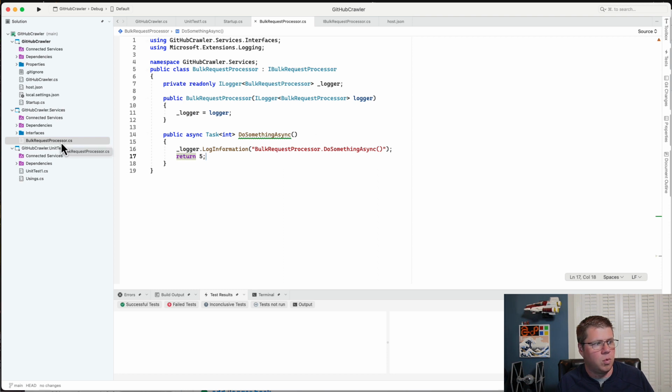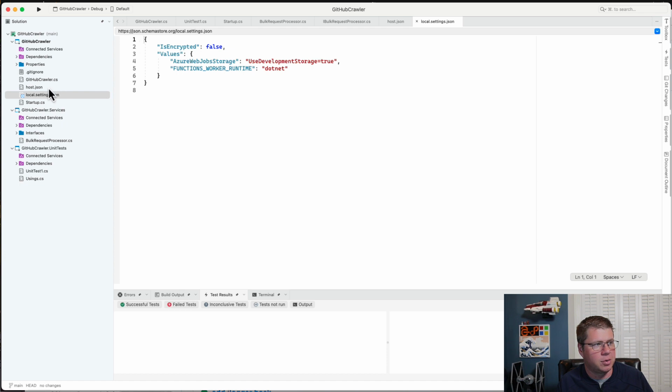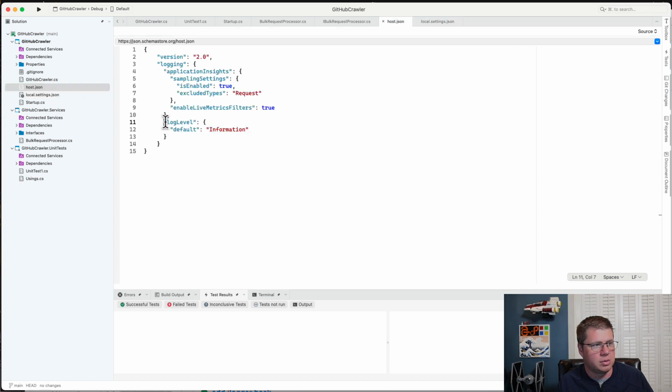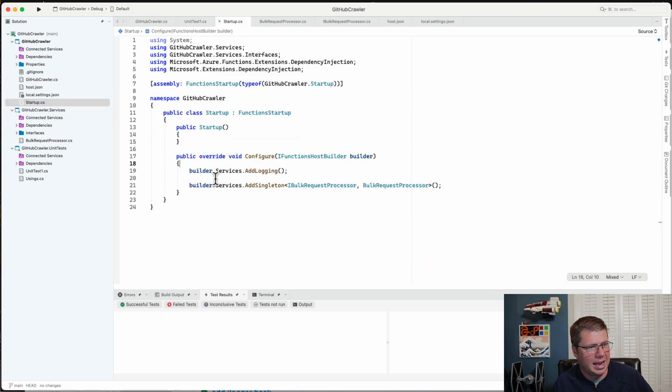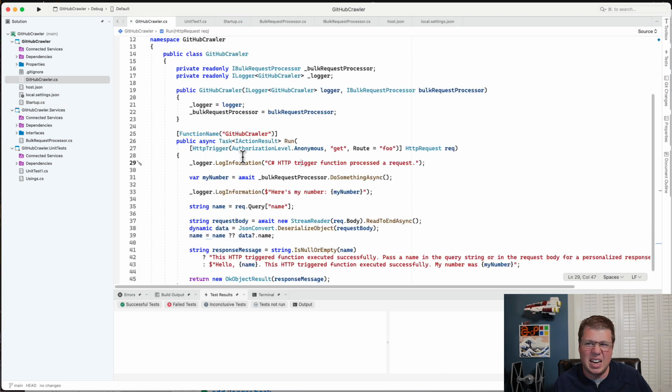But this didn't work until I properly configured the host.json to use a log level with a magic string that was scoped to what I wanted to scope it to, which is everywhere. So default is everywhere. And then in the startup class, I had to add logging. And then within the function, or within any class, really, I just need to inject an ILogger